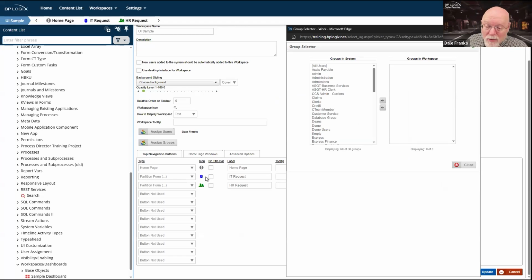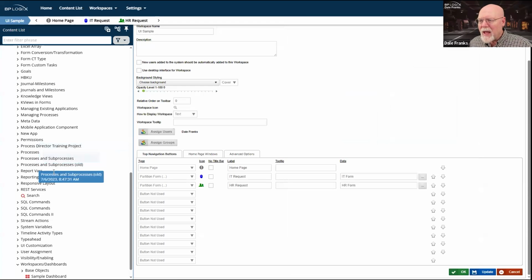So that's why I added the navigation buttons for them. I didn't need to. I simply could have just left that blank or just thrown in a home page, which is just refresh that dashboard essentially, and let the navigation be handled inside the dashboard itself. Presumably, when I import the application into the system, a specific group or groups is going to have access to that application. It's probably going to be set up in the content list somewhere in terms of the permissions that you use. So the best practice would be to assign the groups to this workspace that match the group permissions that were set for the application itself.